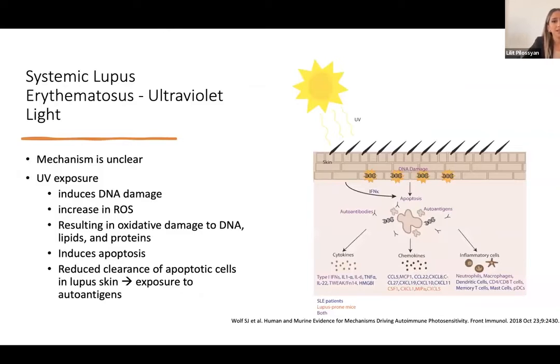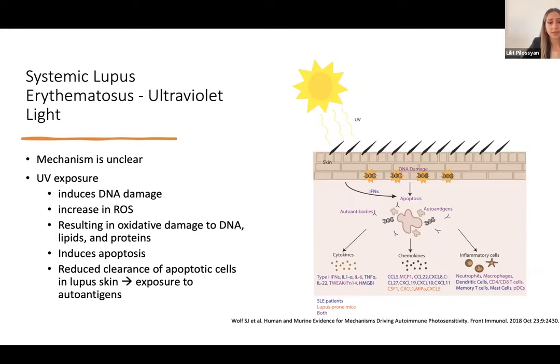Lastly, talking about UV light, like the patient we had who got a worse rash with sun exposure, the mechanism is unclear, but what's thought to happen is with UV exposure, we have DNA damage, which increases our reactive oxygen species, causes damage to the DNA, and eventually the cell dies and goes through apoptosis. A big part of apoptosis is our immune system helping to clear out these apoptotic cells, because once a cell dies, all its intracellular components leak out, and they're just potential antigens that can get stimulated to develop antibodies. So we want to clean out all that debris and mess, so we don't have any chronic antigenic exposure